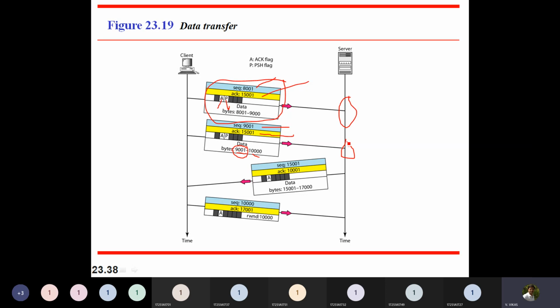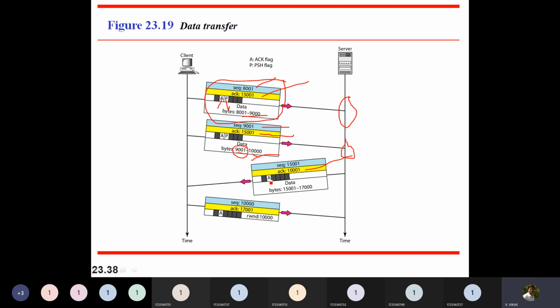Then we said acknowledgement can be given cumulatively. That means till 10,000 I have received, so I don't have to give acknowledgement twice, one for till 9,000 and one for 10,000. Simply I can say 10,001, which means I received till 10,000. Next I am expecting 10,001.